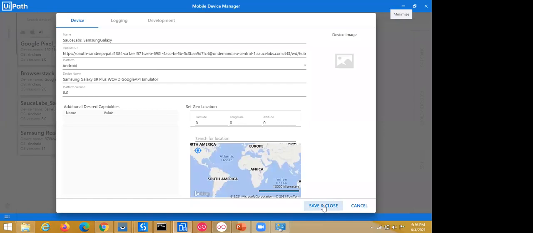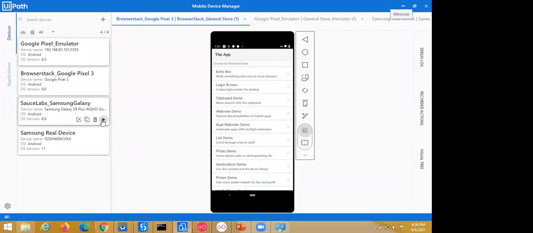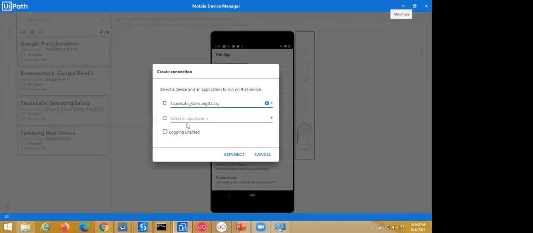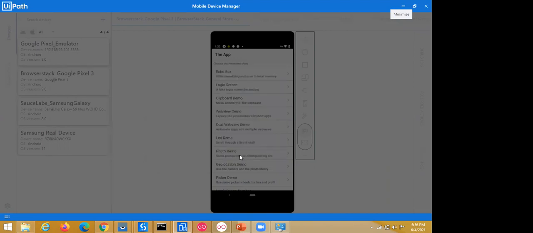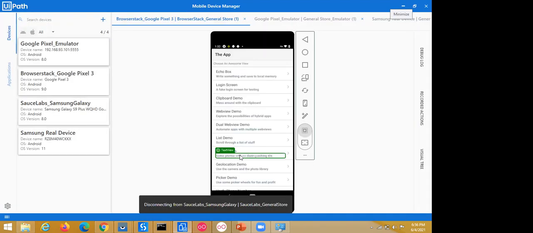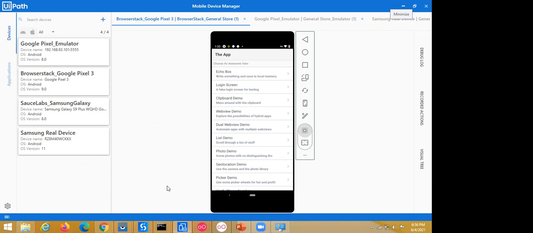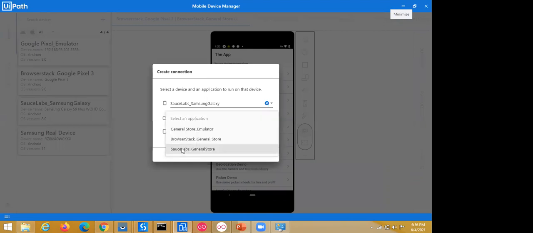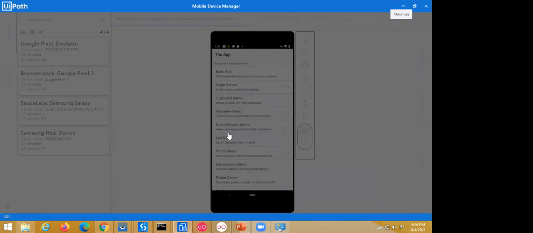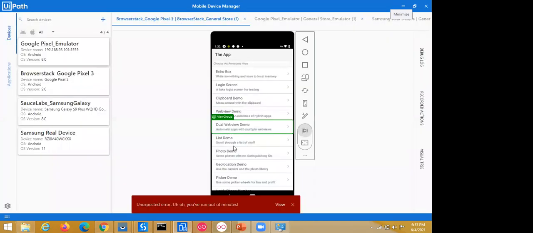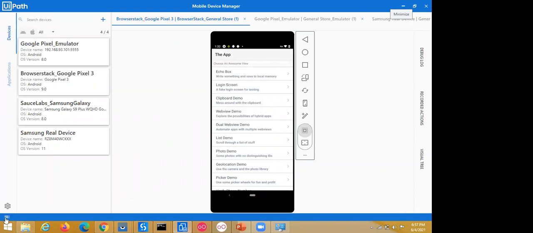So save and close, and we will check whether all the things are working fine or not. So let's connect.